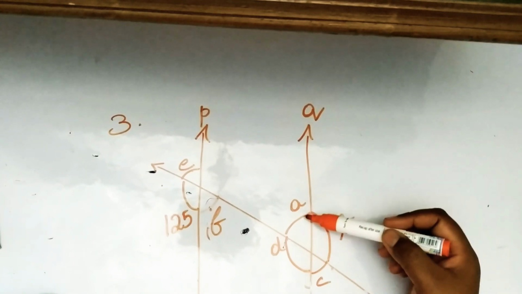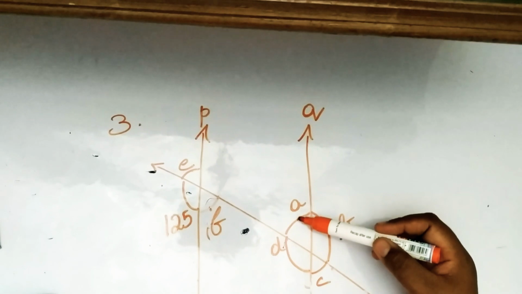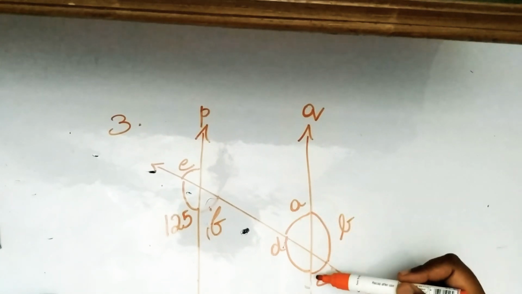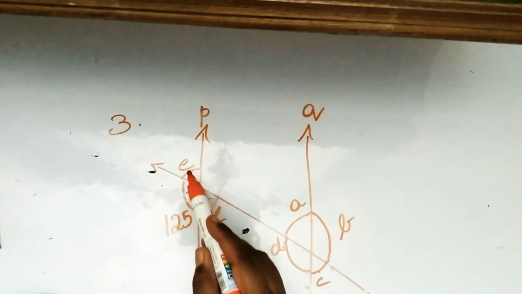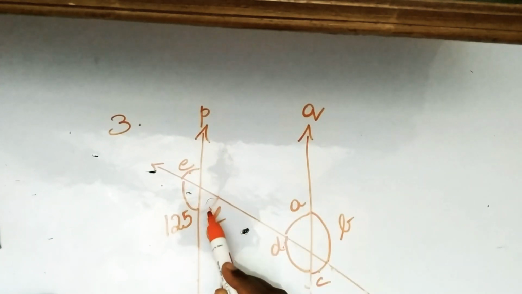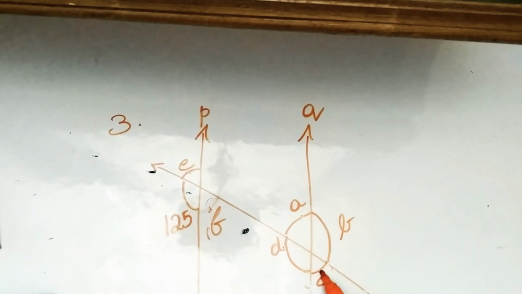Now this is 125, so angle B will be equal to 125 degrees because they are vertically opposite. Angle A and angle C are also vertically opposite. So you will say angle A is equal to angle C. So angle C is equal to what? 55 degrees. So angle E is equal to 55 degrees, angle F is equal to 55 degrees, angle A is equal to 55 degrees, angle C is equal to 55 degrees, whereas angle D is equal to 125 degrees and angle B is equal to 125 degrees. Similarly, you can write the solution in your notebook which I have given you in the notes.